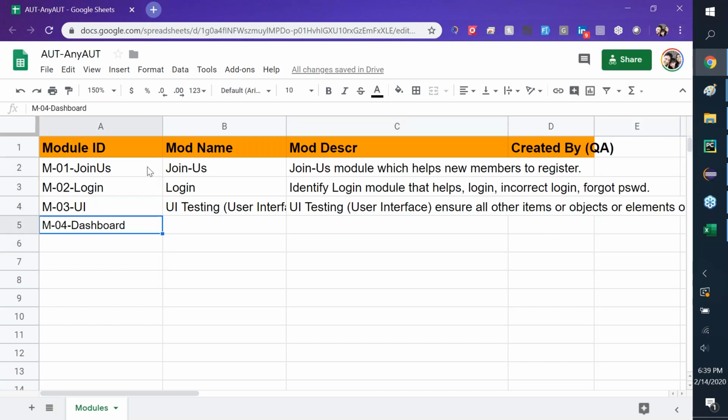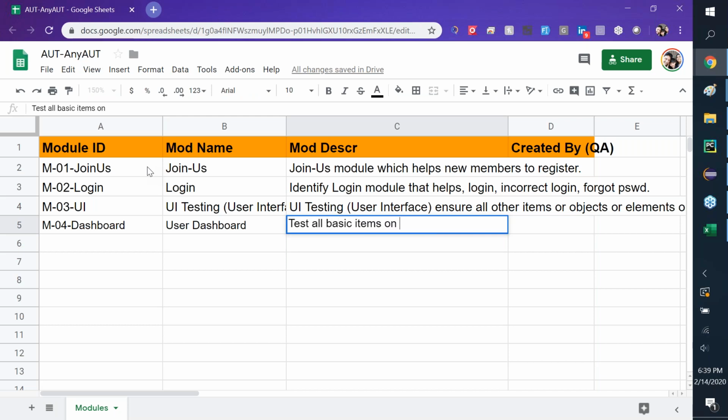Under JoinUS, make any spelling errors, let me know, team. What does it say? Test all these items on the dashboard after a user